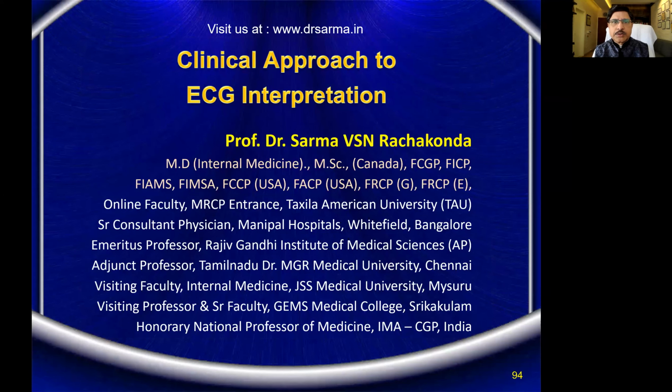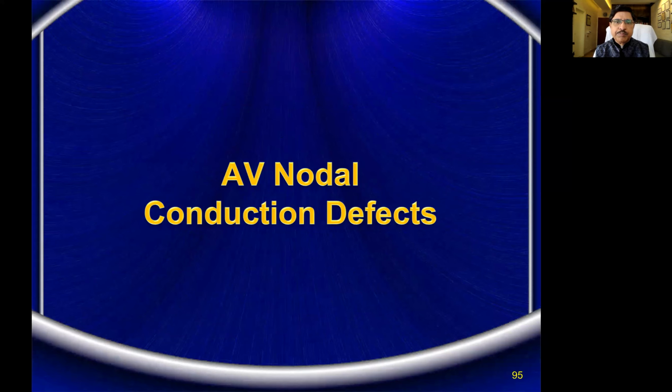Again, we would restrict ourselves more to our clinical rather than electrophysiological connotations of these things. Electrophysiology is beyond the reach of this workshop, but let us look at clinically. So, AV nodal conduction defects. So there could be a defect in the conduction from the AV node in the bundle branches. There is no specialized conducting system between the SA node and AV node. So we don't have a specialized conducting problem there.